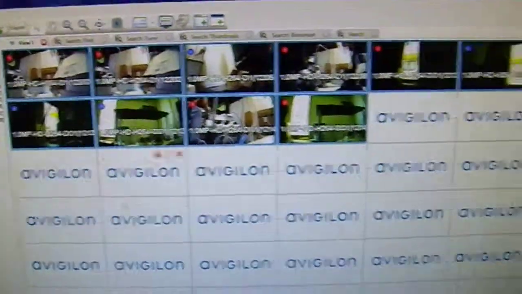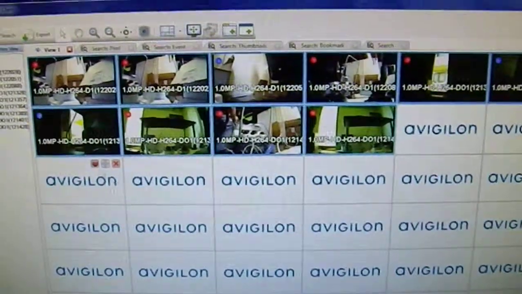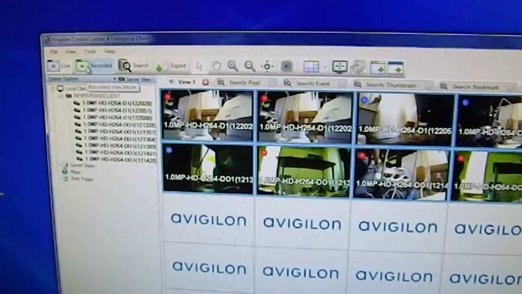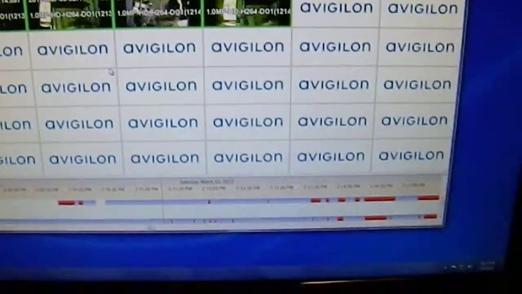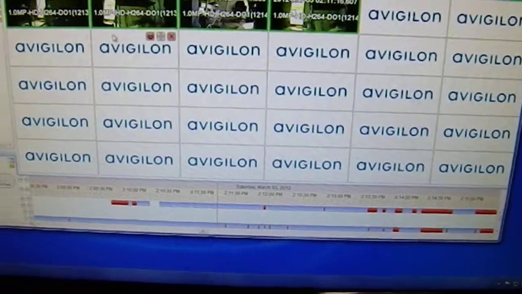Bookmarks. I didn't go for bookmarks. So I'm sorry. I'm gonna go back to the search. Let's go back. I'm back onto the same. This is live. I'm gonna go to recorded. And what this can do is, say there's an incident. I'm just gonna choose this camera for now. And say, I don't know, something that was very important happened